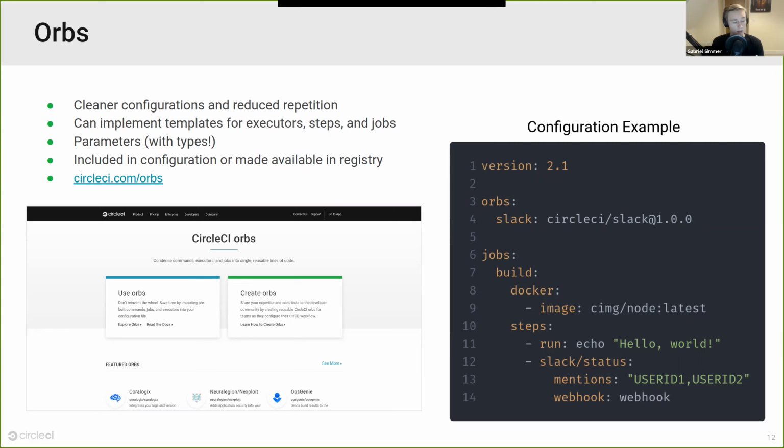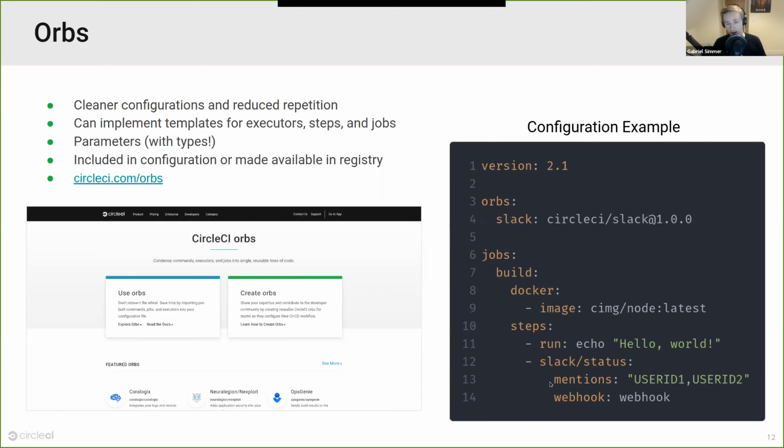which can be utilized across different projects with parameters that can be passed through. These can be included in the configuration itself, and it can also be pushed to the Orb registry, which we will touch on momentarily. Here on the right, we have an example of how an orb might be used. So we are pulling in the Slack orb, and then we are calling it in our steps. So we're calling the status command from the Slack orb, and we're passing through a list of user IDs to